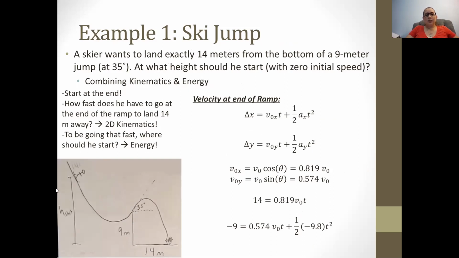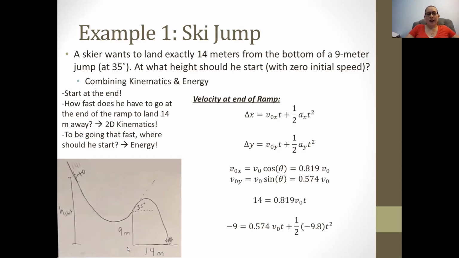At what height should he start with 0 initial speed? Okay, so we're dealing here with a problem that combines projectile motion, right? And the easiest way to do this is energy. So I would recommend for this problem that you start at the end